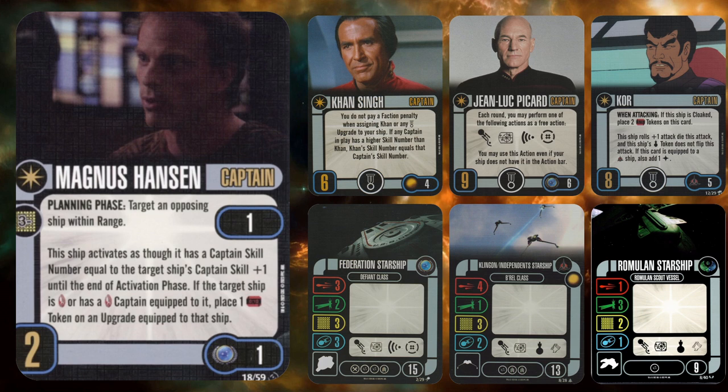Core's captain skill is 11, so Magnus Hansen will be 11, and that allows him to increase his own captain skill +3. But keep in mind that he's already boosting his captain skill by +1, so technically +2. So he could eventually end with a captain skill of 11, 12, 14 if he's going to emulate something from Core that's got 3 Dahar Masters. But same thing with